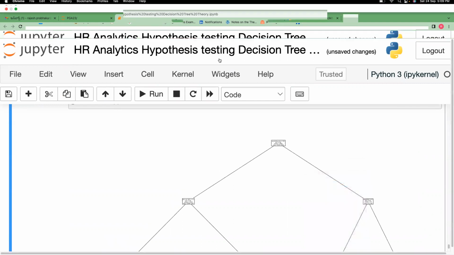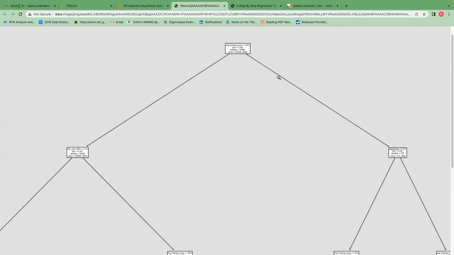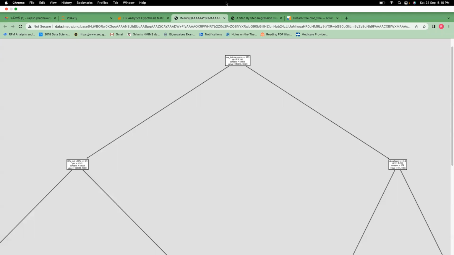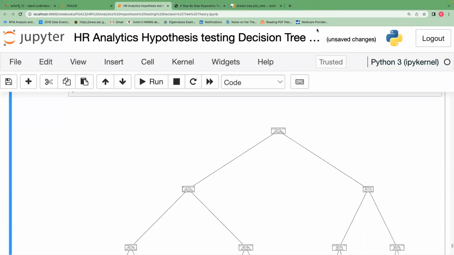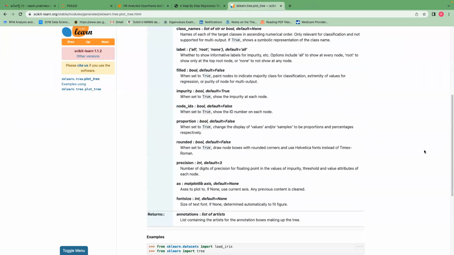Open image in new tab. So you can see here, open image in new tab. Average training score less than or equal to 90.5, I think, or 96.5, something. Gini is 0.356. You can see here, right? You can play with the font size also. One second. Class names, label, all, filled is equal to true. Font size is equal to